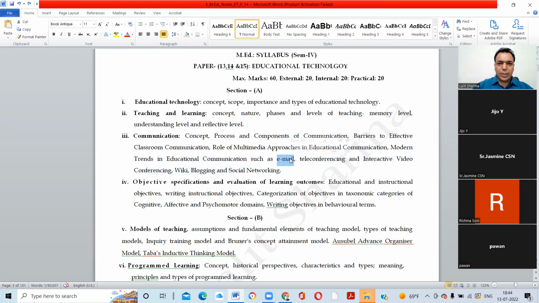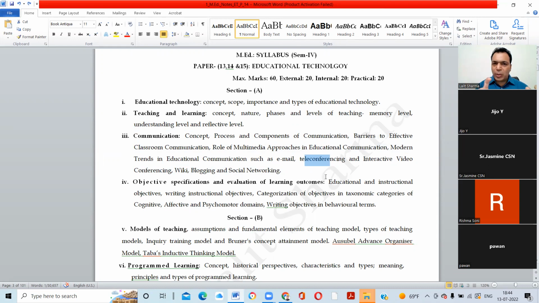Otherwise, we cannot say that it's a modern trend. It is teleconferencing. Okay, we can say that teleconferencing is a modern trend. Interactive video conferencing, wiki, blogging, social networking sites. Okay, if the question comes with this, the examiner would definitely ask: define communication, write the role of